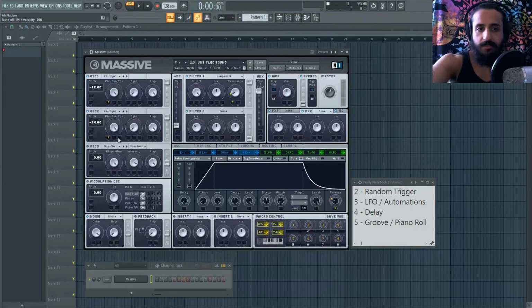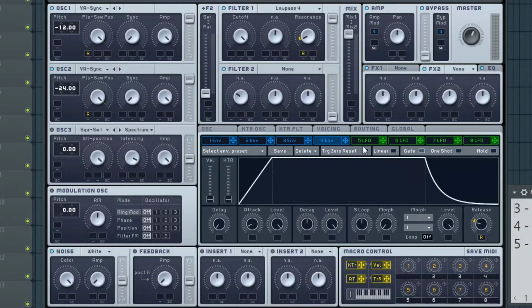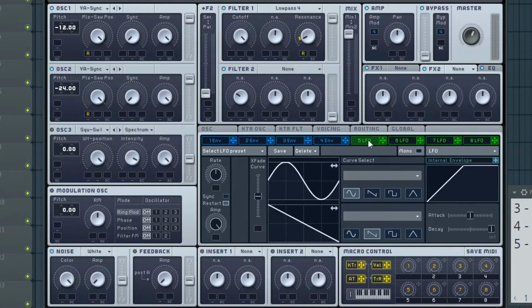So it's almost non-existent with the wavetable, but tiny, and it's all about these small additions. So we're going to probably come back to random trigger, add a bit more, but for now, let's focus on number 3, which is LFO automations. And so the LFO automations are powerful because what we can do is we can take something like number 5,